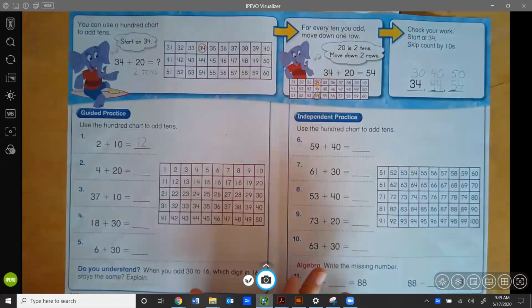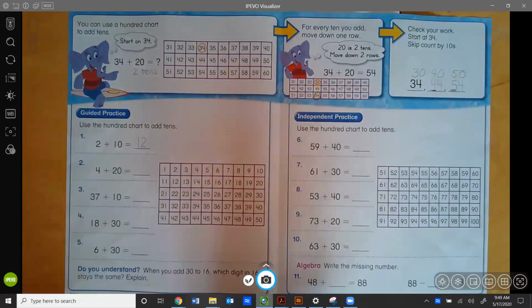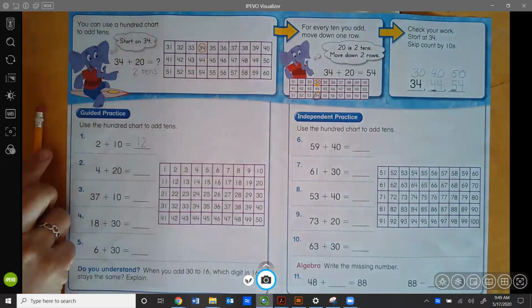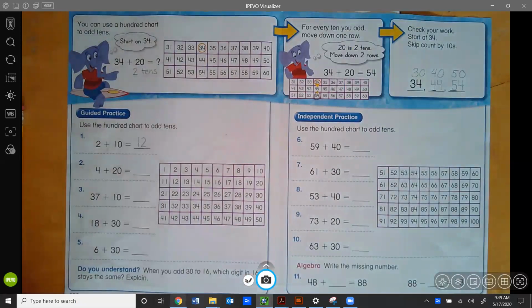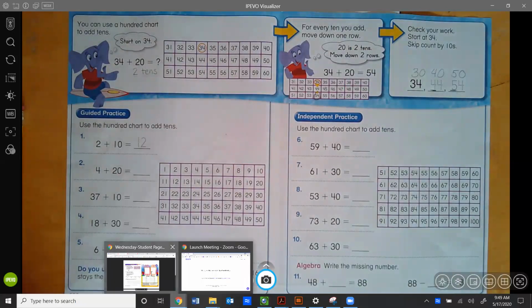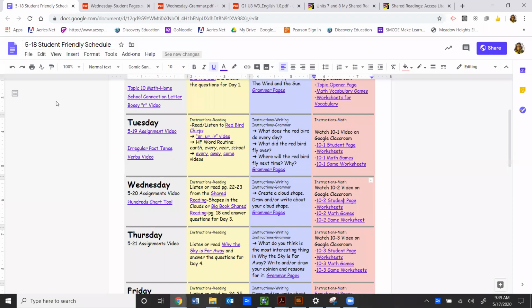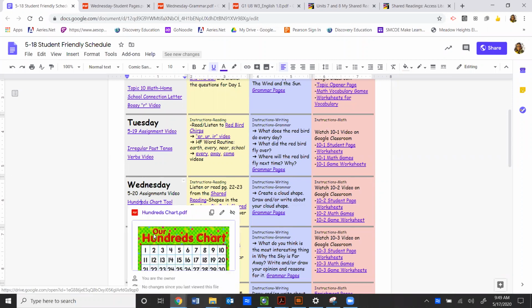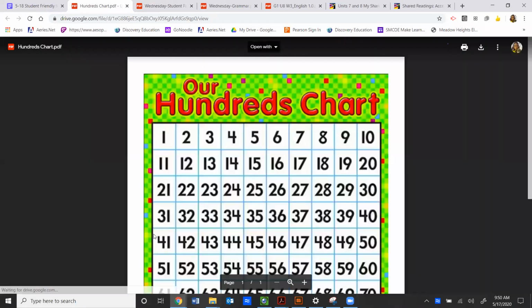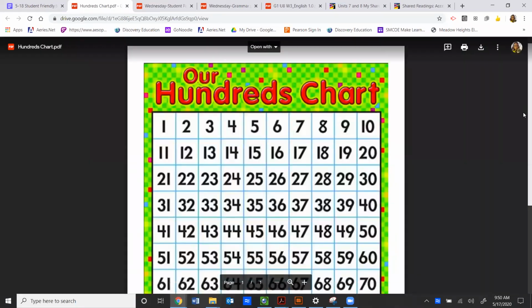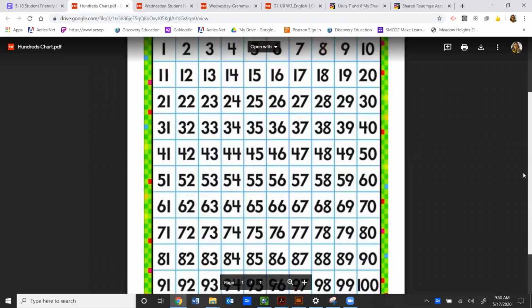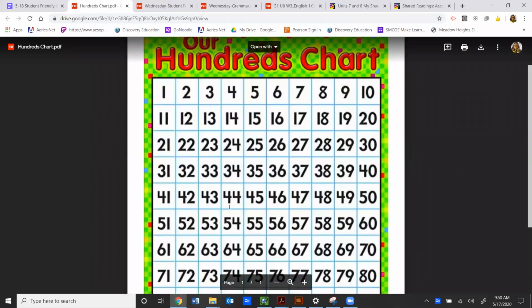Okay, now in this worksheet, you are given parts of the hundreds chart that you will need. Just in case you want to have a hundreds chart to look at, let's go back to the student-friendly schedule. Over here under Wednesday, there's something that says the hundreds chart tool. Click on that. And what you have here is a hundreds chart that you can look at. You could print this out too, but it's just kind of a pretty one that you can use on your screen to help you. Okay, so let's go back to the camera